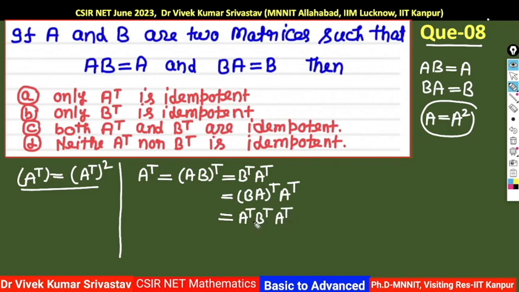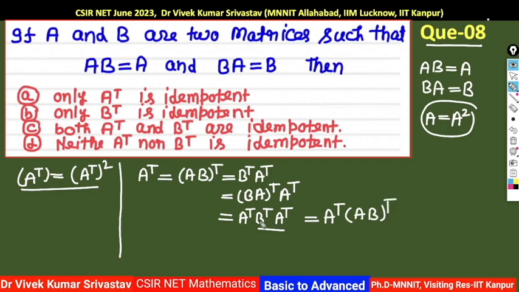Just try to understand, we always focus on our objective: we have to convert this into A transpose. Now see, A transpose is given. Here we can write it again in terms of A. So just see, BA is given. If we have to write BA, just see which one is suitable. We can write A transpose, and you know in transpose the order is basically reversed. So we can write (AB) transpose.